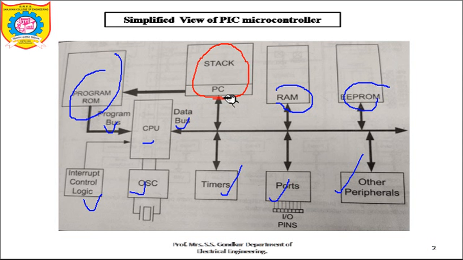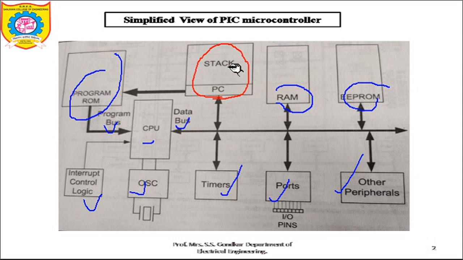So this diagram or the simplified view just tells us about the stack, that stack is separate from program memory and the data memory. You can see your program memory is lying over here and the data memory is here, the separate ones. So this just tries to tell us that stack is separate from program memory and data memory. Addresses we can see up to 5 bits. We'll just come to that point as well.